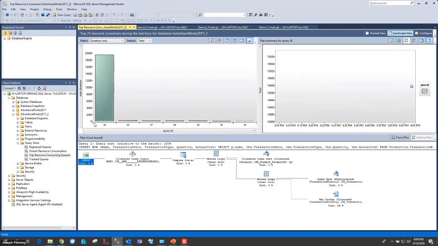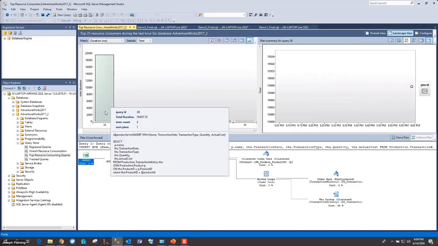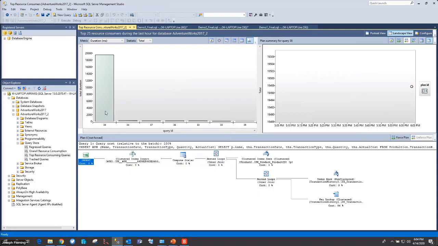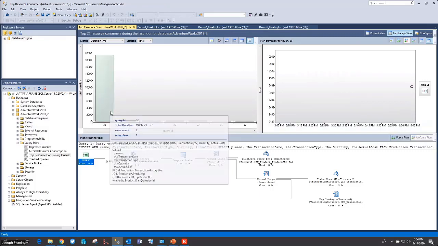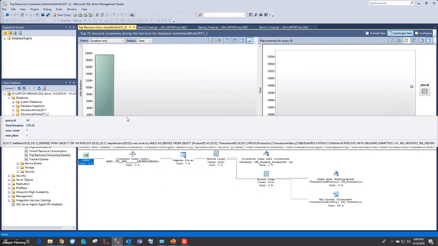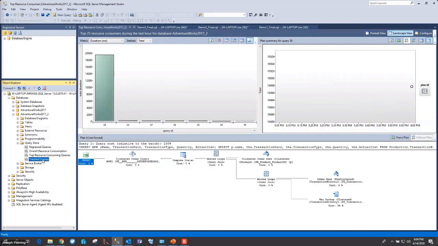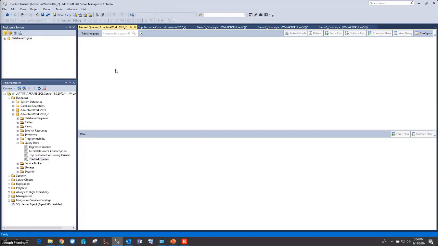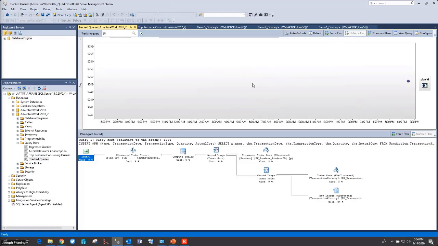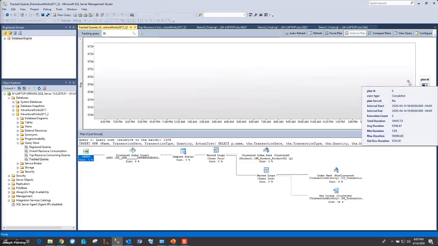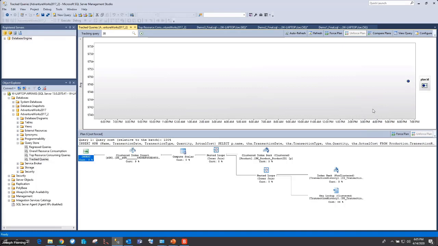So now we can see here, if we hover over, that we actually have a query ID of 38 for this particular query that used most of our resources. If we then come in and look at the tracked queries report, we can enter that query ID and see what it might tell us. And we can see it's got one plan ID in the last however many days this is showing us by default,